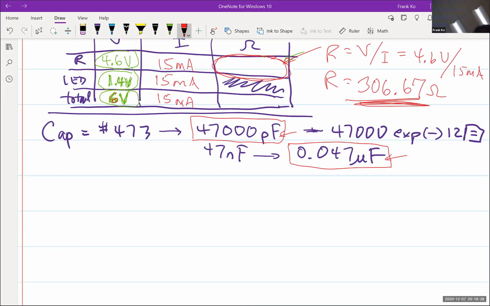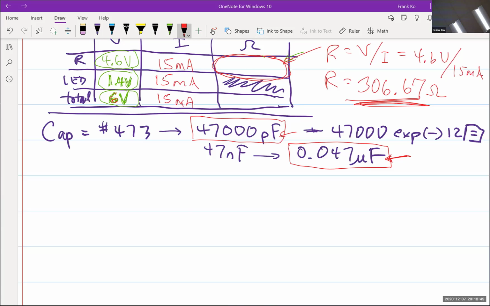Given a choice between these two, the industry goes to microfarads, with the decimal. That's a smaller number of digits. I don't know if that's the reason why, but the standard is to go to microfarads as opposed to 47,000 picofarads. Okay, that being said,